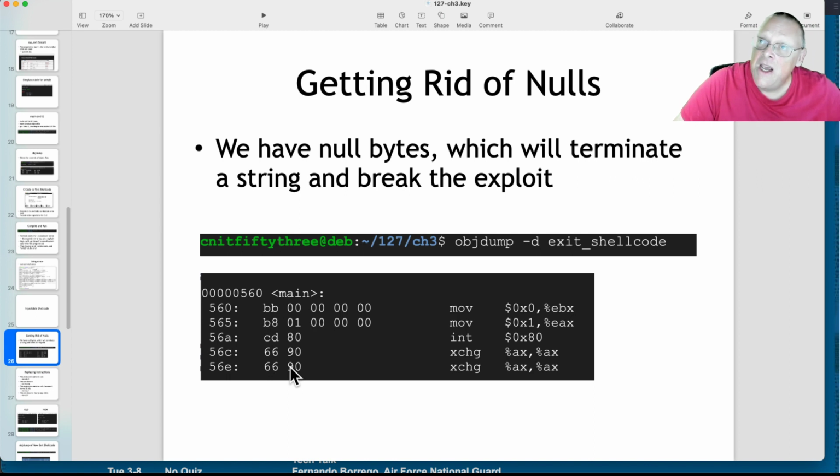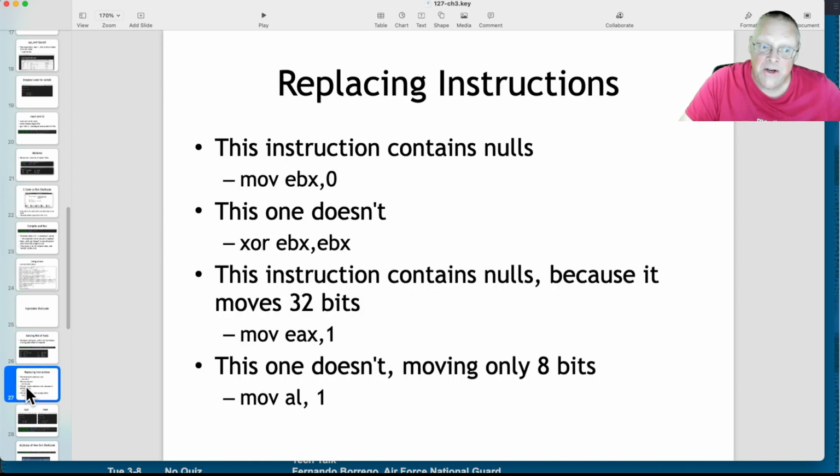And in fact, in real exploit scenarios, there are often a bunch of other bad characters you have to avoid. But you nearly always have to avoid null bytes. So you cannot use this kind of shellcode. You have to get rid of the null bytes, and that just means you have to rewrite your code carefully using different assembly language instructions that will compile into commands that don't have null bytes. So if you try to move the immediate number 0 into a register,